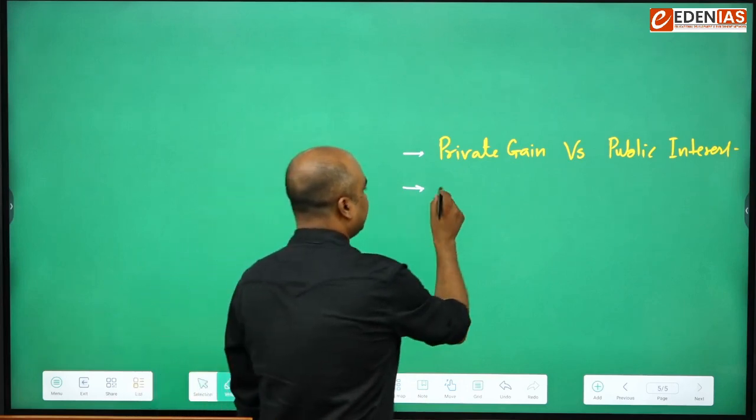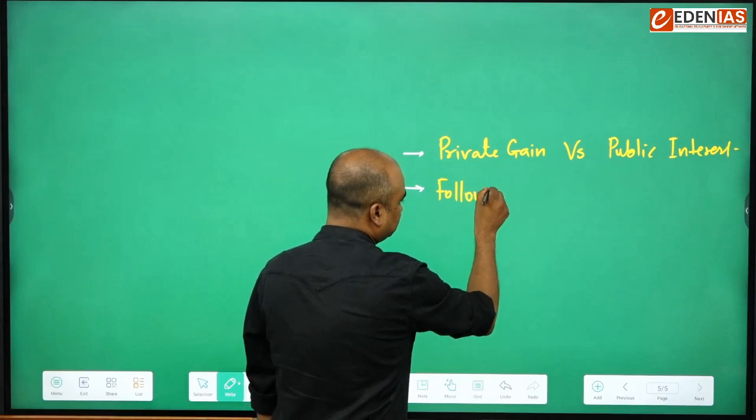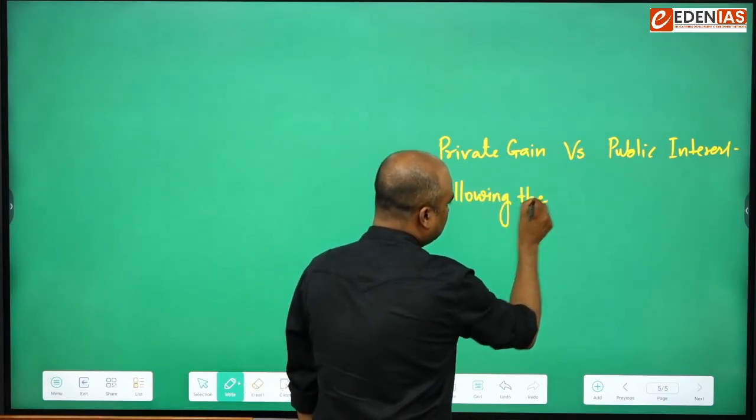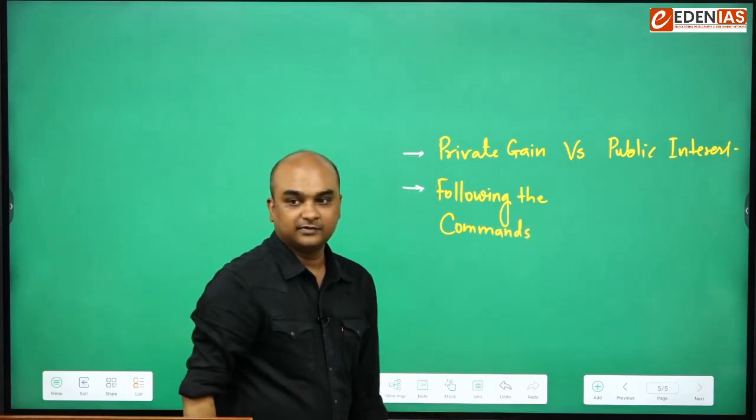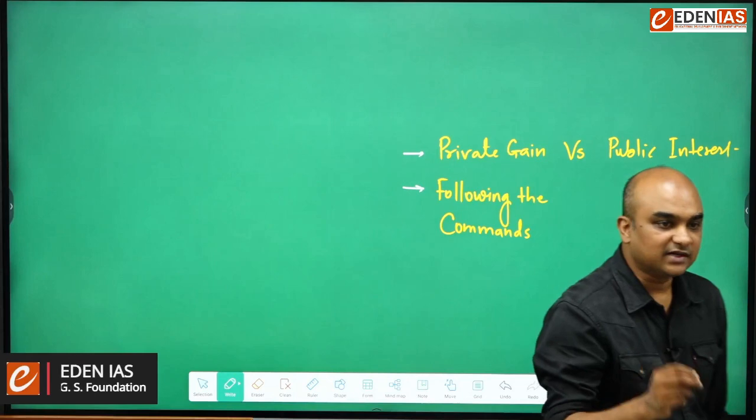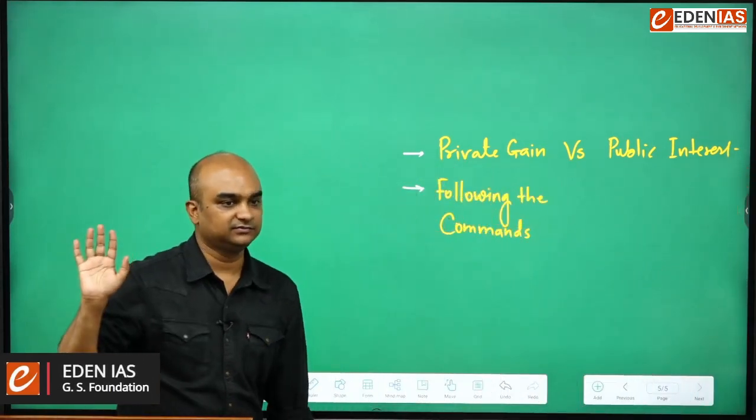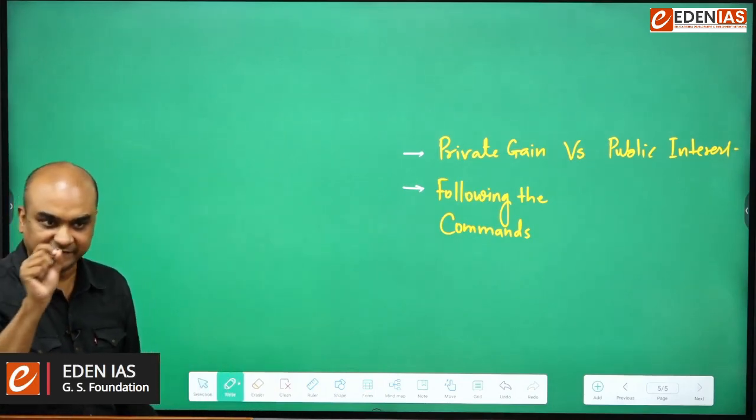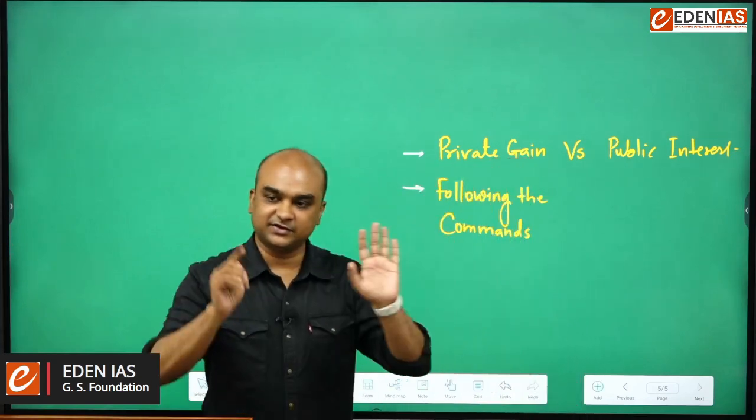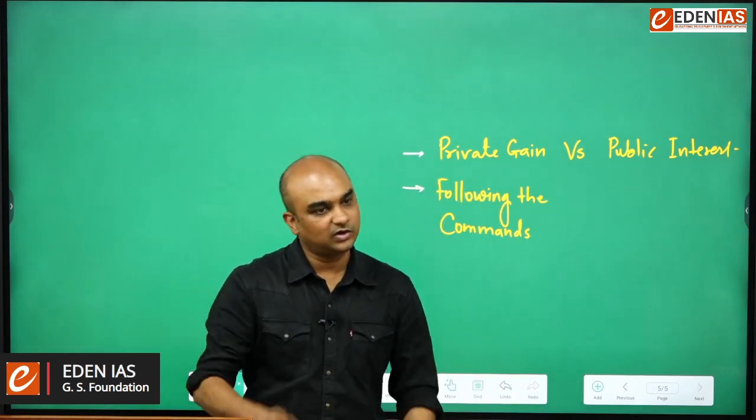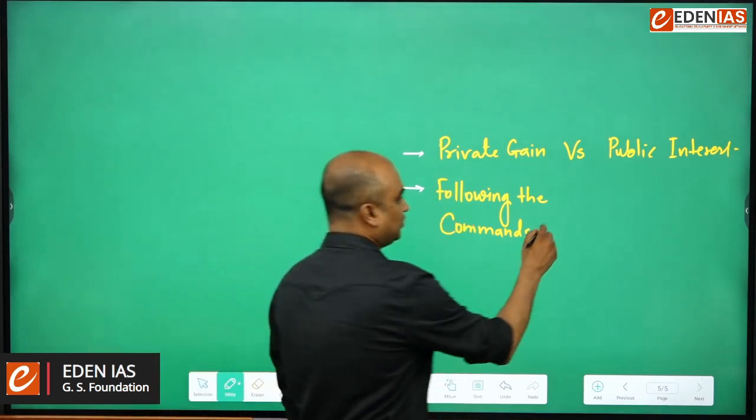Then there could be following the commands. When you joined the service, you already agreed to follow the Civil Services Code of Conduct. The Civil Services Code of Conduct specifically highlights that you have to follow the commands of your senior. Is the minister your senior or not? Yes. So you have to follow his commands. So it's a kind of conflict of interest. Do you understand that? Versus,